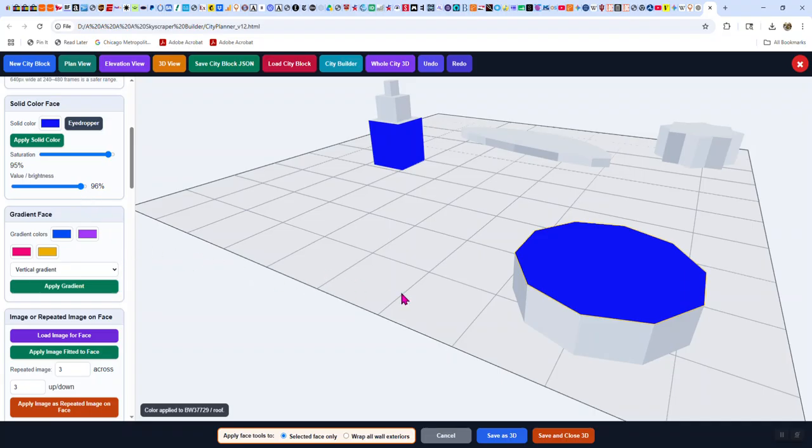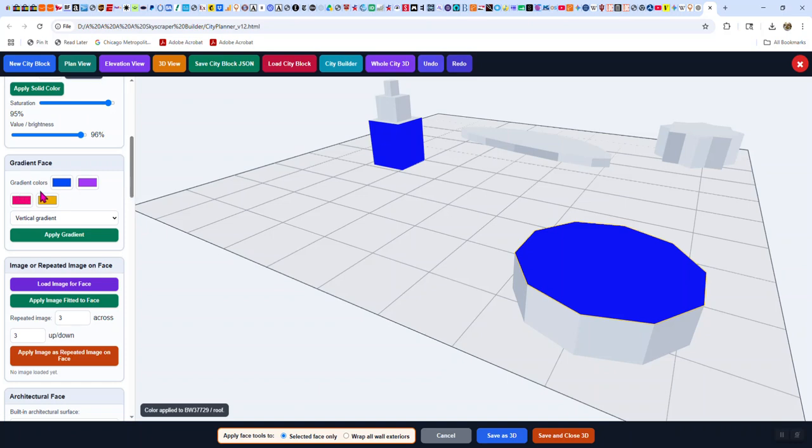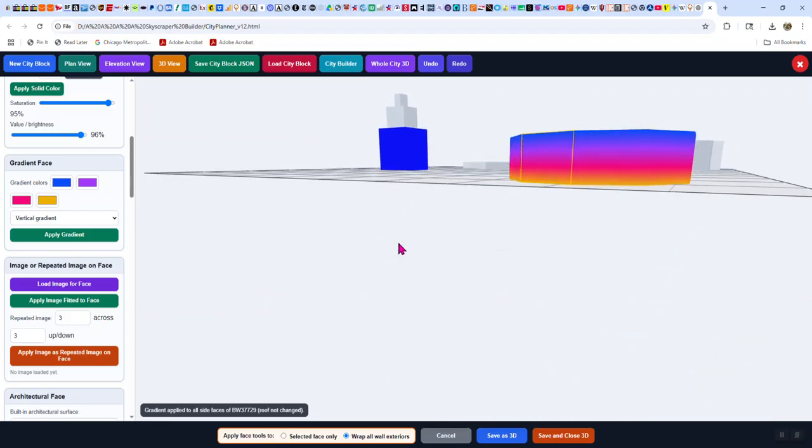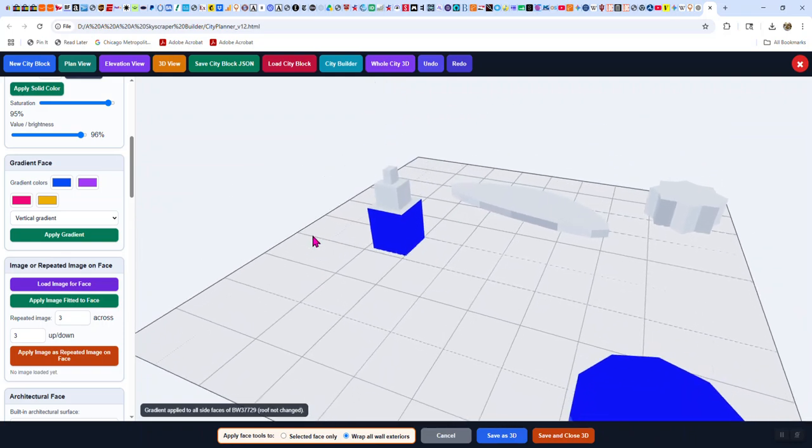Anyway, there are a lot of things I can do, and if I pick one of these other ones as I go down it, it'll replace the one that's already there or put it on top or whatever. So next thing I can do is gradient. And here I already set it up so it goes through 4 colors from the beginning, from a blue to a purple through the color spectrum to red, and ends up at an orange. And you can say, is it vertical, horizontal, whatever. So if I do a vertical gradient, and I do the walls of this thing, and I say do them all, it should put gradient all the way around, which it did. It's a pretty crazy looking building, but I like crazy looking things.